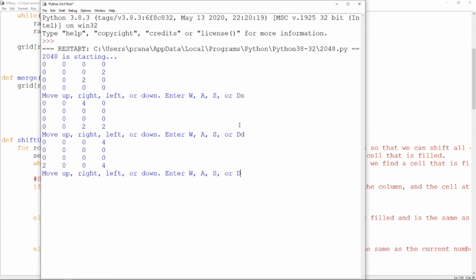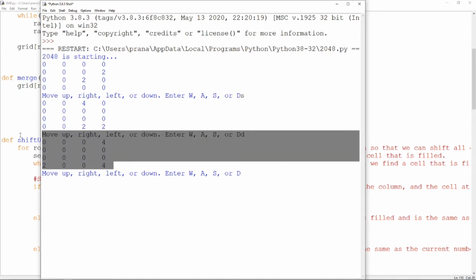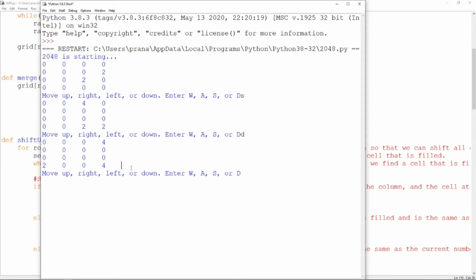You'll see that the shifting works, merging works, and all of that. Obviously it generates well and the grid prints out properly. However, one thing you'll notice is that